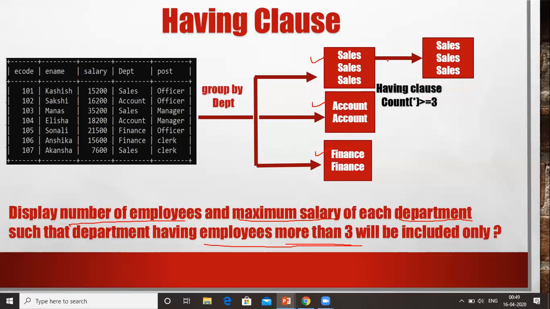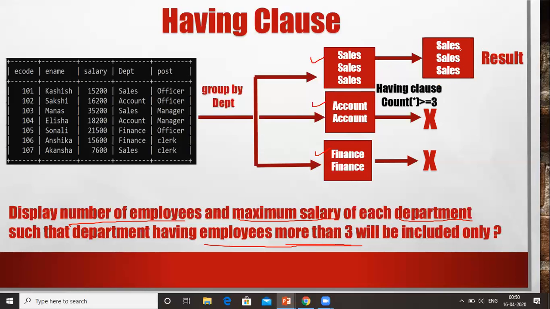But when we come to the accounts department group, the number of records is just 2, which does not satisfy the given condition. That's why this group is rejected. Similarly, the finance department also contains only 2 records, which does not satisfy the having clause condition, so it is also rejected. So now we get the result on the basis of the sales department only.